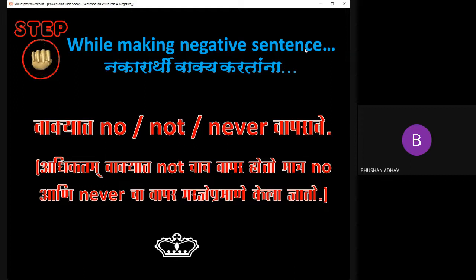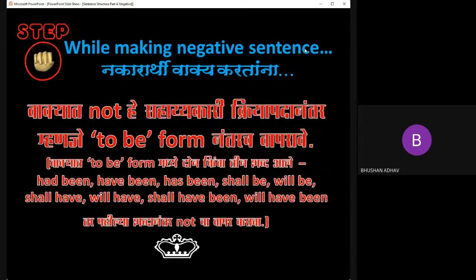But mostly, if you observe sentences used in articles, novels, and essays, later you will see that not is the word used most frequently to make the negative sentence. So using not is the first step. Second step, suppose